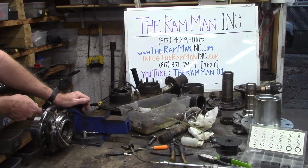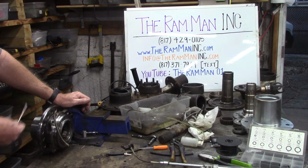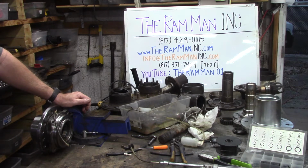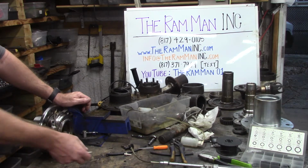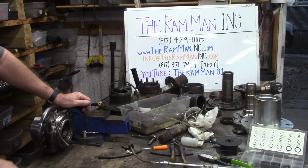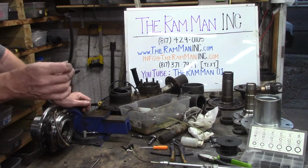cast nipple elbow. So we multi-step coming through. We do a final with an 11/64. We jam this fitting down in there. It's pretty tight. We played around with different hoses to transport our grease, whether it's fuel line,